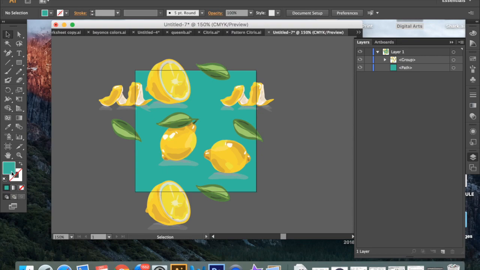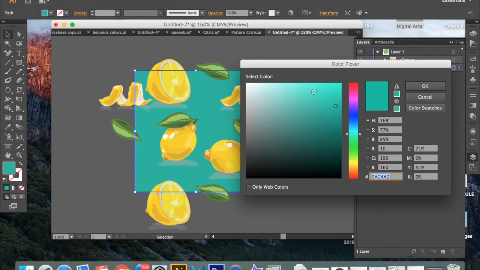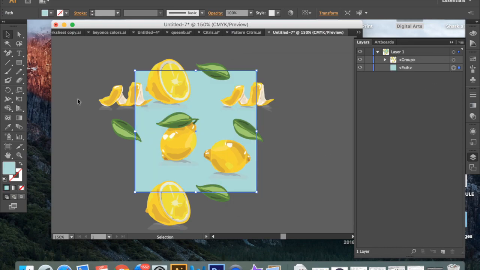And once I've done that, I'm going to copy the background. And actually I decided I didn't love the color, so I went back in once I saw it and I changed it up. That looks a little bit better. So now I select just the background,